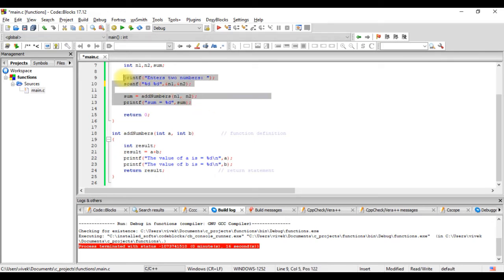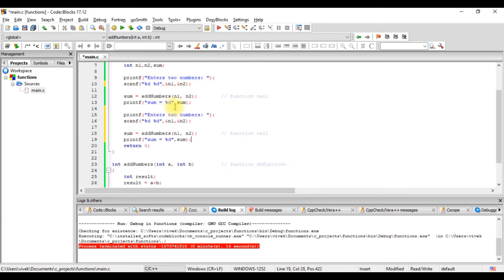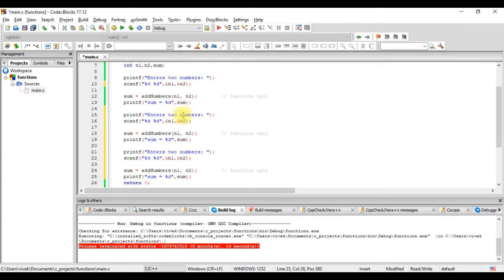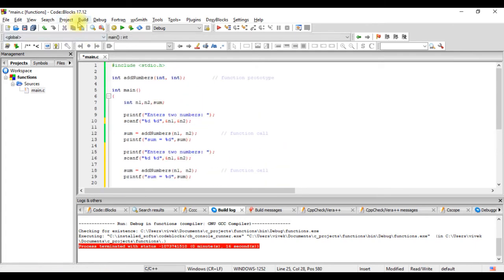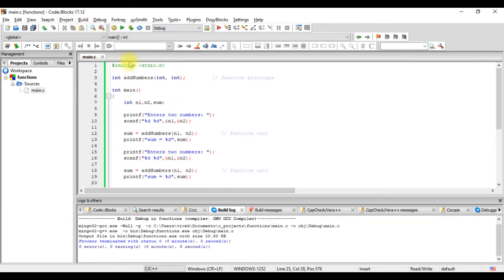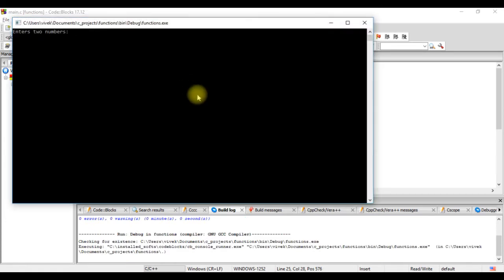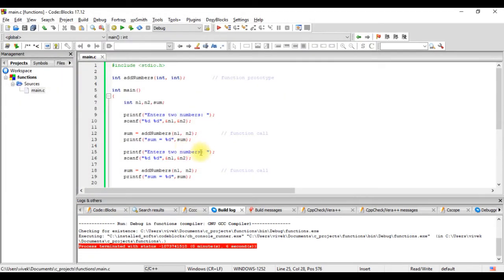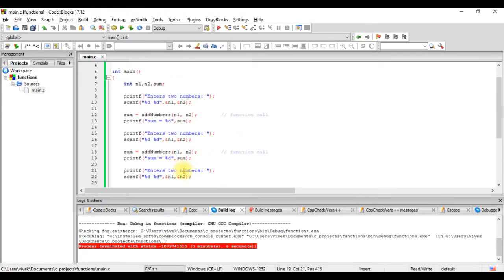Enter two numbers and print the sum. So we have it here 3 times. Let's run it. Enter two numbers, 2 and 2. The value is 4. So we'll correct it. We'll give a \n. The sum is %d\n.